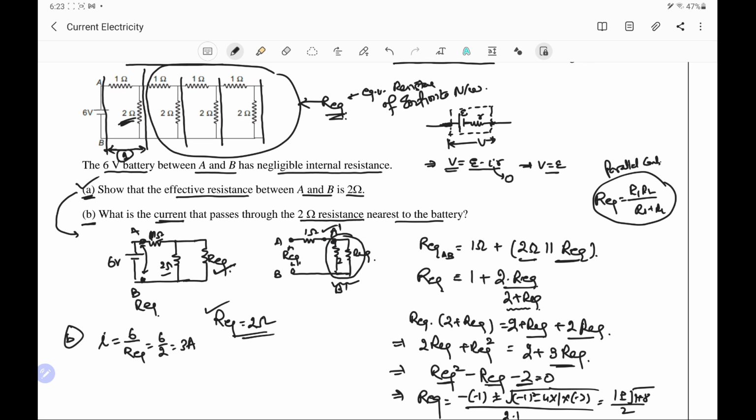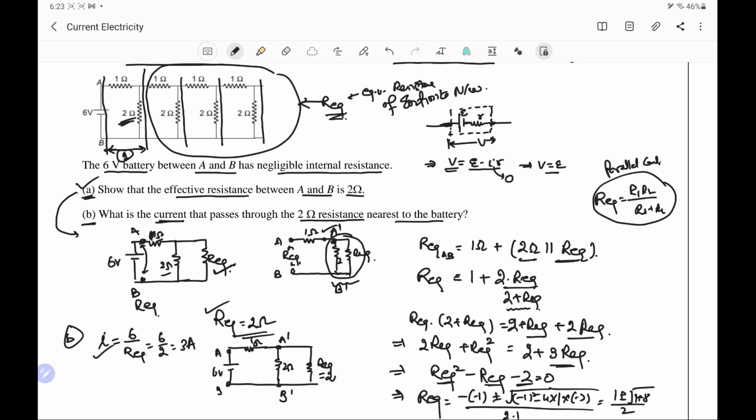It reaches A dash, and at A dash there are two resistances, so this 3 ampere current will bifurcate. So we redraw the figure again. This is the battery, 6 volt. This is the terminal A. This is terminal B. There is a 1 ohm resistor. Then terminal A dash, suppose. There is a 2 ohm resistor, and there is an R equivalent resistor. And we have found this R equivalent resistance is 2. And here it is B dash.